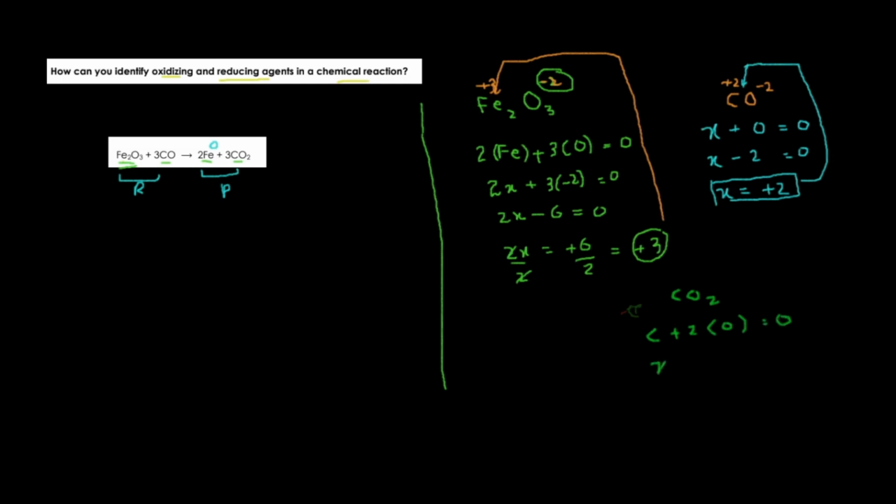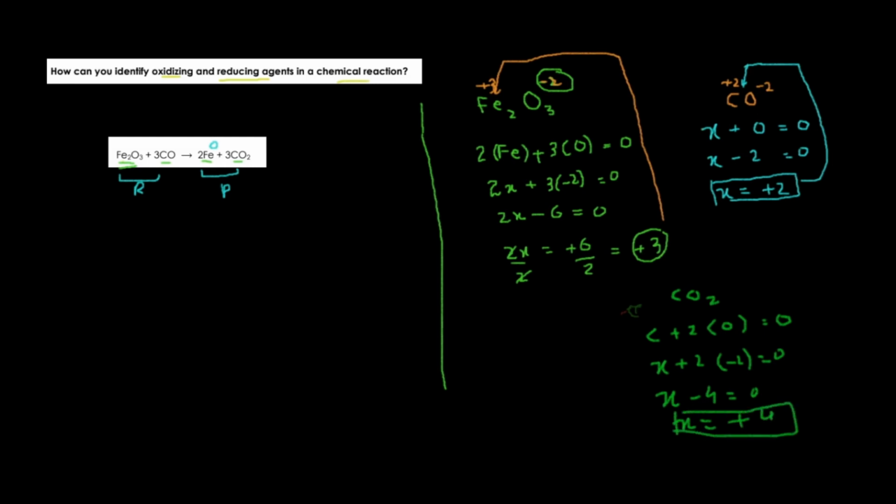So in case of carbon, you can write X, and as you know, for oxygen the oxidation state is -2. So that would be equal to 0. Now X plus 2 times -2, when these two are multiplied, it will give you -4, and that is equal to 0. So X is equal to 4, because this -4 once moved to the other side of the equation would be converted into +4.